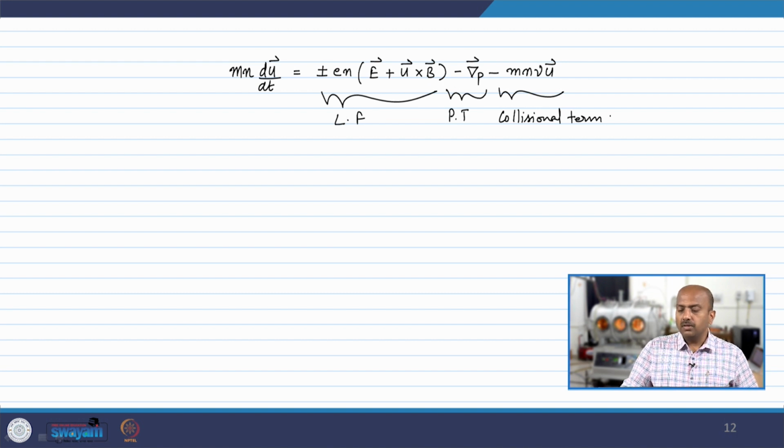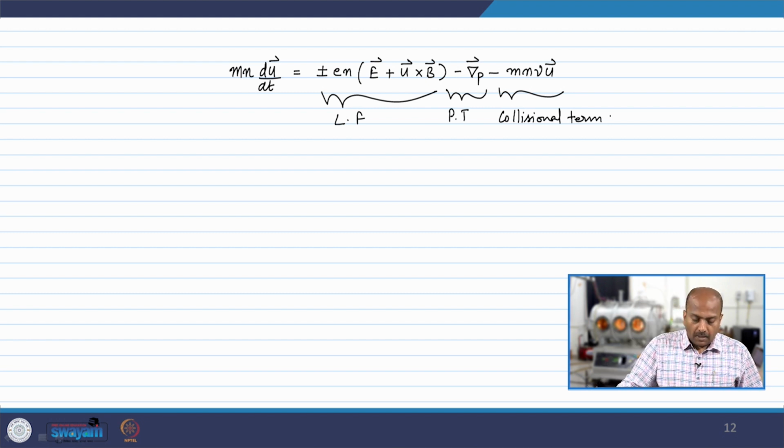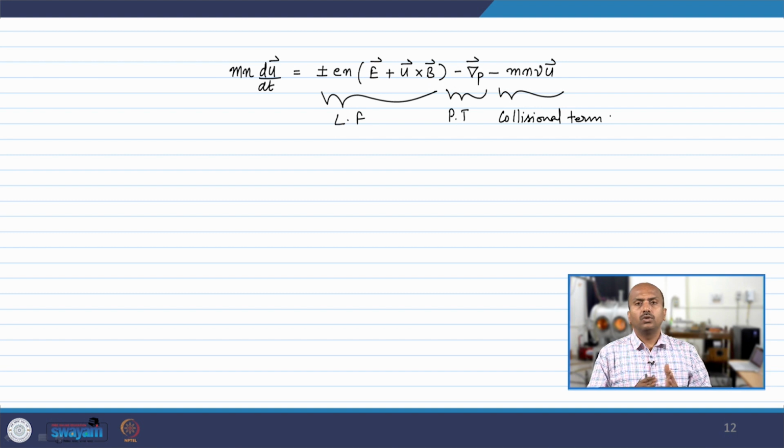Now, this can be done by neglecting the electric field altogether. We can consider only the magnetic field. We will still be able to arrive at the conclusions, but let us see how we proceed by including the electric field also. Okay. So, now assuming that the deviation from the equilibrium, from the stability due to the inhomogeneity in the number of particles per unit volume or non-uniform distribution is very small. So, assuming that the deviation from the equilibrium due to the concentration gradient is very small, we can assume